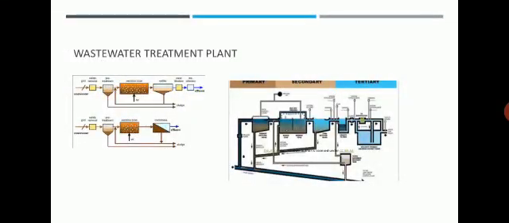The wastewater treatment plant is a plant in which wastewater or sewage from houses, buildings, industries gets collected in big tanks and is processed to remove impurities. In this treatment plant, water is treated in steps involving physical, chemical, and biological processes so that it becomes suitable to release into water bodies.